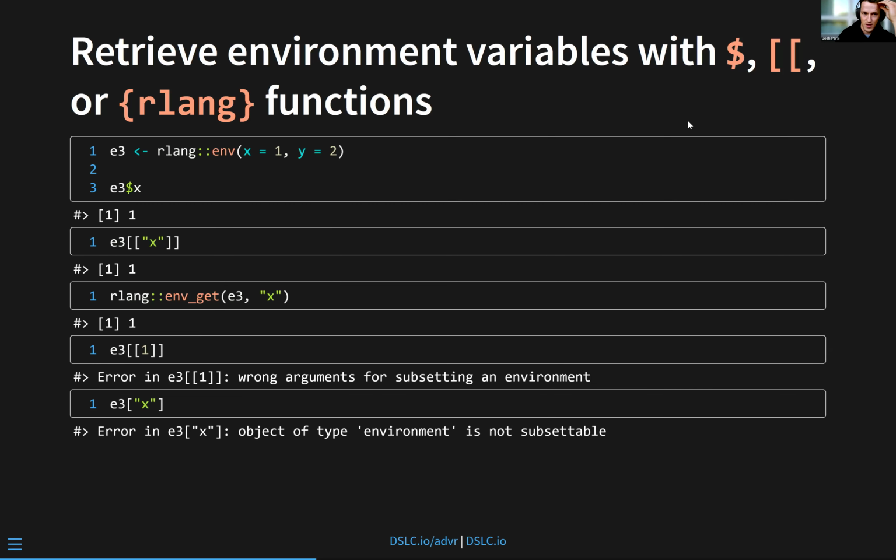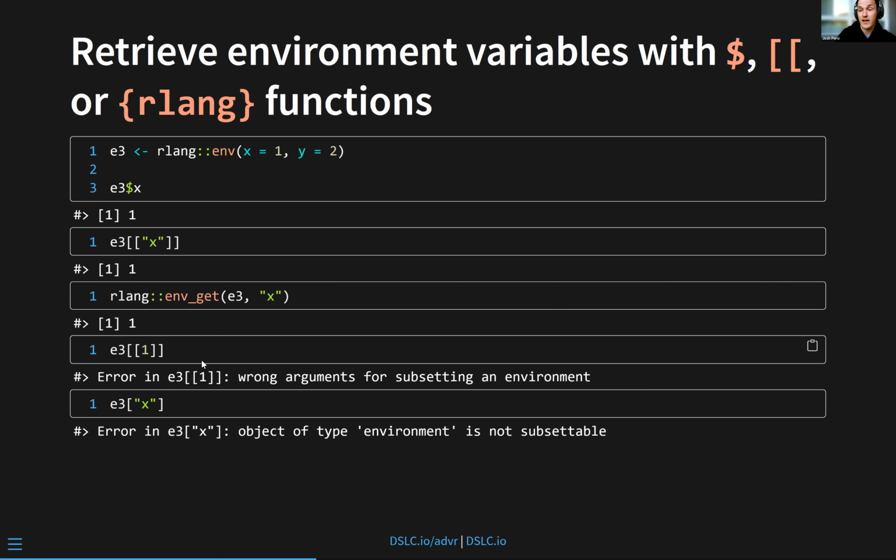Retrieving environment variables with the $ operator, the double bracket notation, or rlang functions. Because these are objects that don't just exist in rlang, they're obviously a base object type, you can use typical base R syntax. You can use the $ to get the X object from the E3 environment. You can use the double bracket notation to get the same variable, but you cannot do integer indexing like this